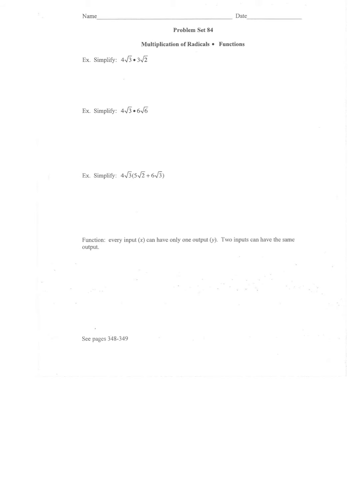So if you look at this first one, I've got 4 root 3 times 3 root 2. So what I'm going to do is change the order, and you can do this in your brain. You don't necessarily have to write it out like I'm doing here, so that you can multiply the radicals together, and then you can multiply the non-radicals together, right? So you'd get 4 times 3, which is 12, and root 3 times root 2, which is